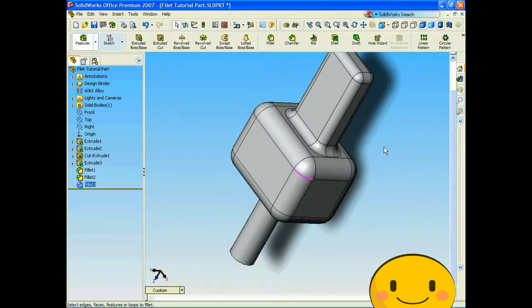The Fillet Expert's wonderful as you're able to quickly and easily fillet a lot of edges on a part, just that you're not able to be as